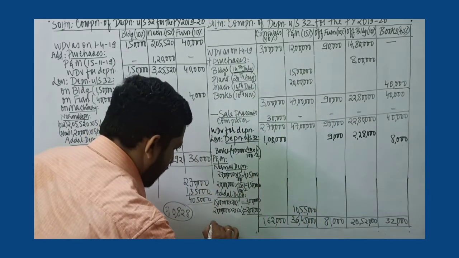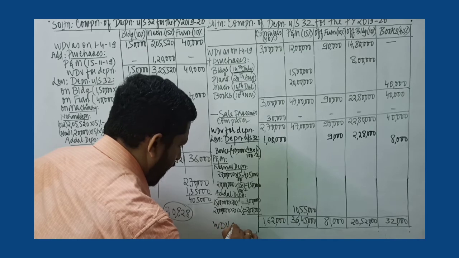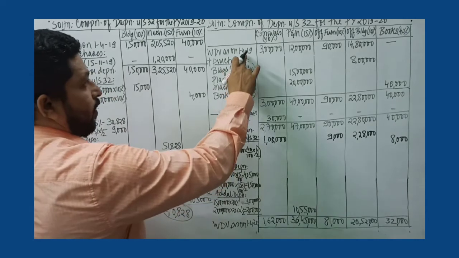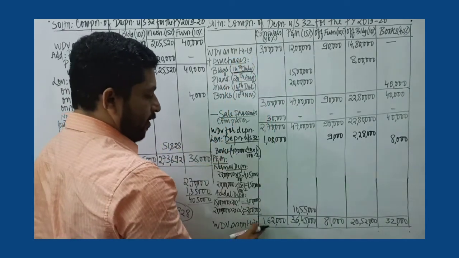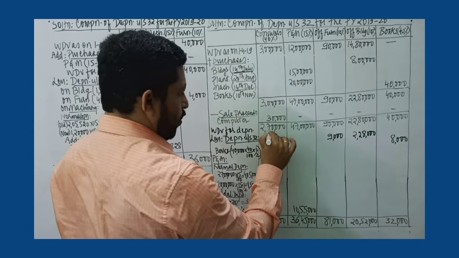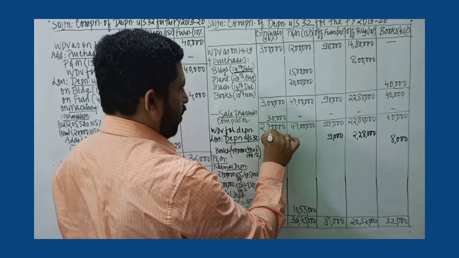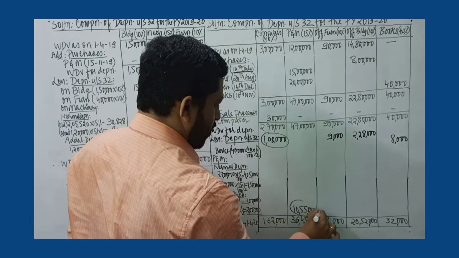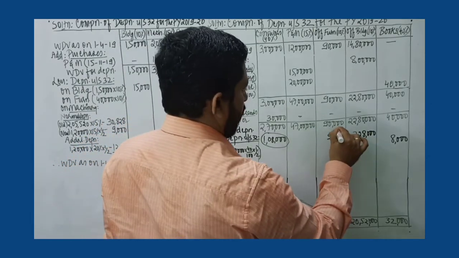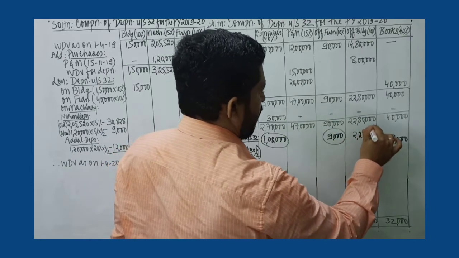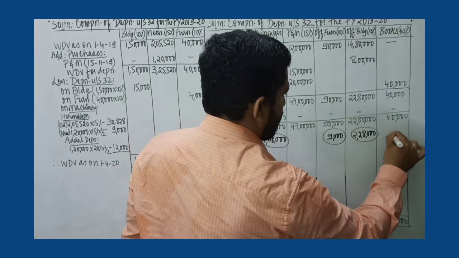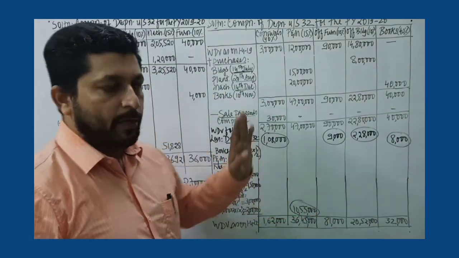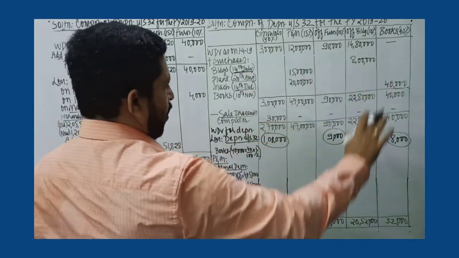And these values are WDV as on 1st April 20, that is starting next year. This was for current year, 1st April 19. These will be the values for next year. So total depreciation on computers is 1,08,000. On plant and machinery is 10,55,000. On office furniture is 9,000. On office building is 2,28,000. And on books it is 8,000. So if we add up all these numbers, we will get depreciation on these 5 blocks of assets.